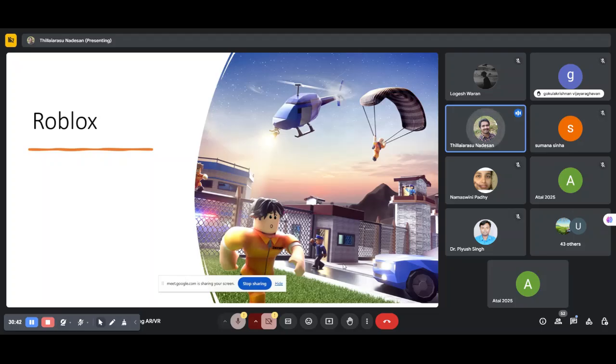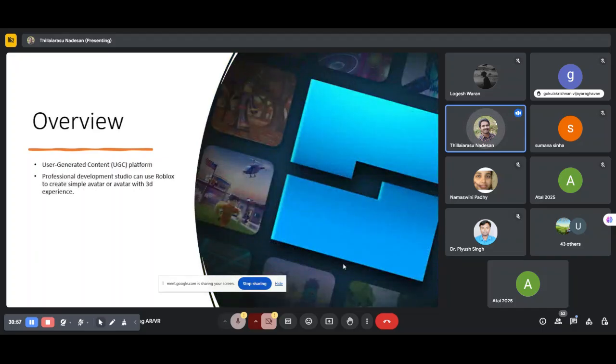Next, we are going to see Roblox. Roblox is a gaming platform where you get a lot of games. Similar to other tools, here we can also develop applications, to create 3D experiences, using Roblox Studio. Users can create immersive 3D experiences on Roblox with Roblox Studio. The free application is available for Windows as well as macOS.